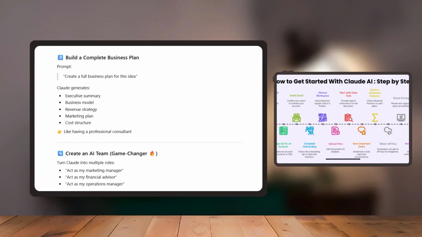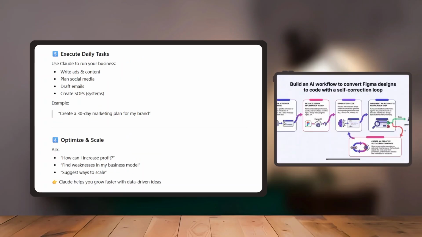manager, financial advisor, or operations manager, and this helps you get more focused and role-based responses for different parts of